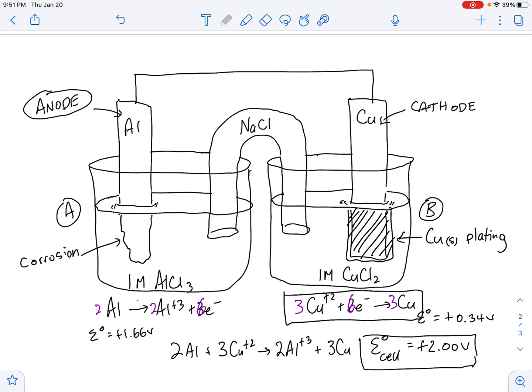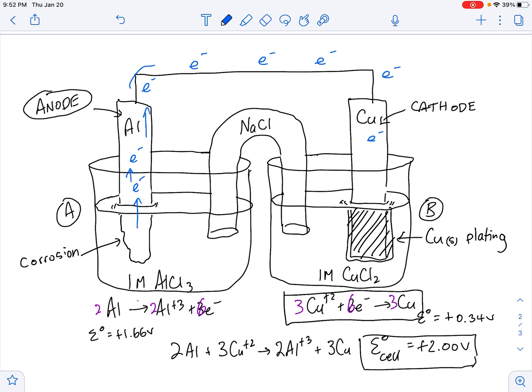So electrons, we'll do them in blue, are going to go from where the oxidation is occurring to where the reduction is occurring. And they're going through the wire. They're not going through a solution. They're not going through the salt bridge. So electrons are going to be going through the wire, and they are going to be leaving